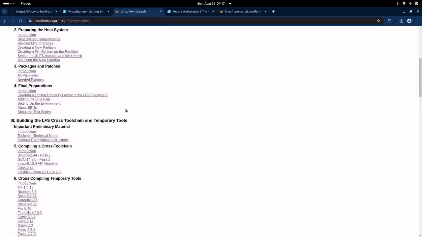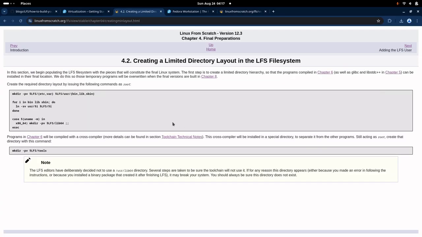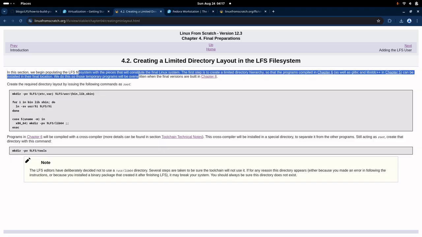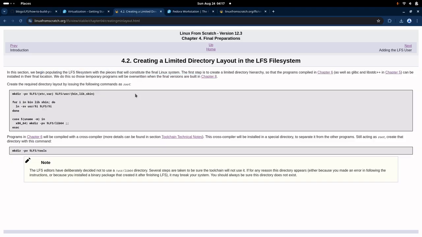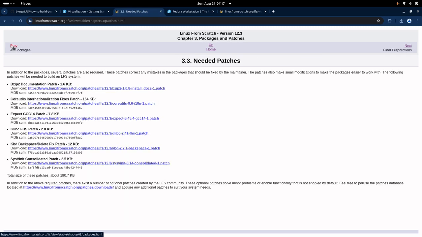So if you go to this final preparation chapter 4, you can see we will perform a few additions. This is what I'm doing exactly in my article. We begin by populating the LFS system with the pieces that constitute the final LFS system. So this is what exactly I'm doing. So chapter 4 and chapter 5 need to be run as,